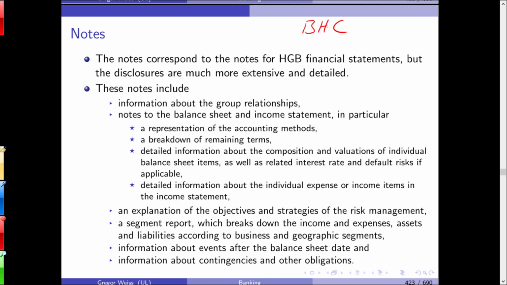However, they will be full subsidiaries of a larger holding, and this is what we refer to as a bank holding company. Under US regulation, a company that owns at least one bank is considered to be a bank holding company,